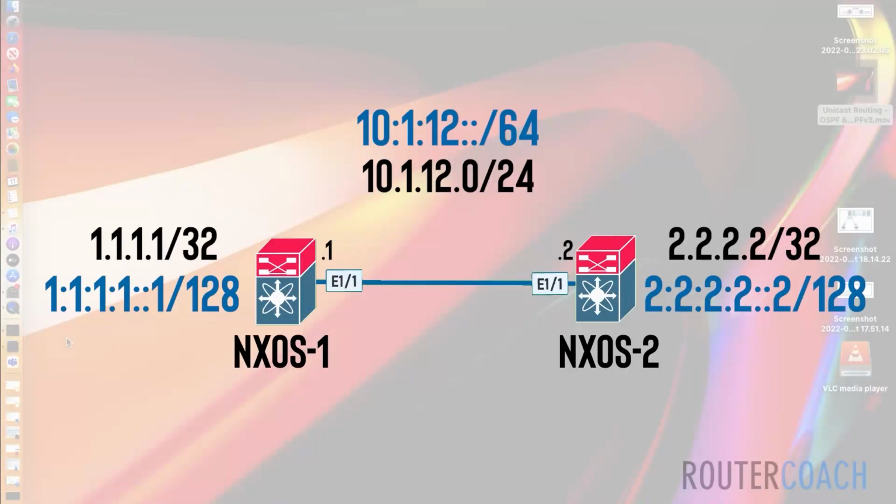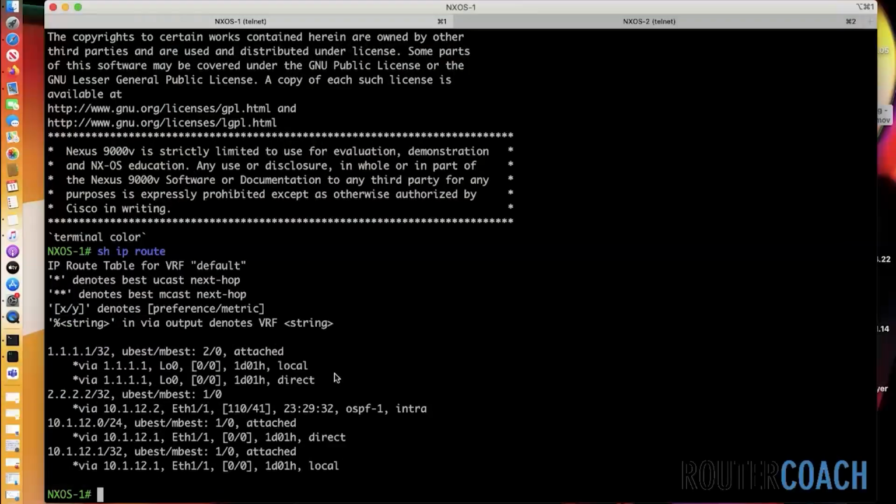Sticking with the same topology we were using previously, we've got Nexus 1 and Nexus 2. We're going to keep our IP version 6 configuration as well. And we've got a loopback of 1.1.1.1 on Nexus 1 and 2.2.2.2 on Nexus 2. And I have those Nexuses currently open. So we can see here that we've still got reachability to